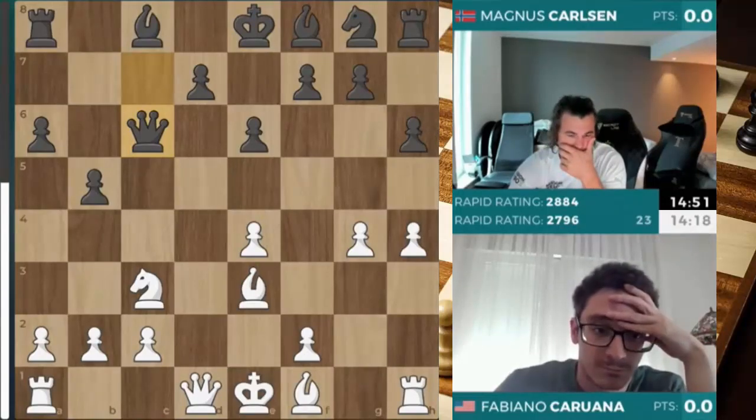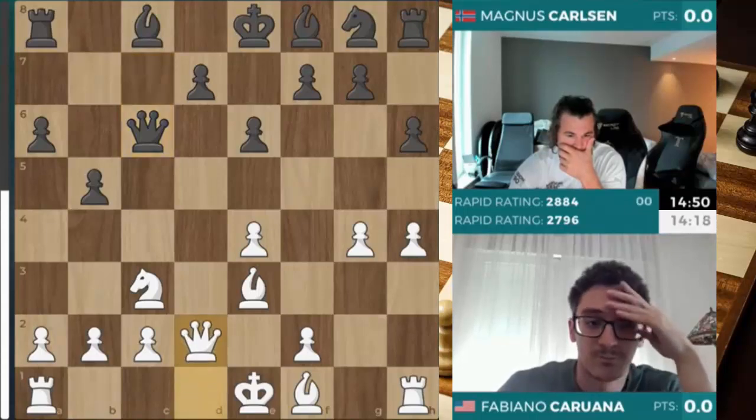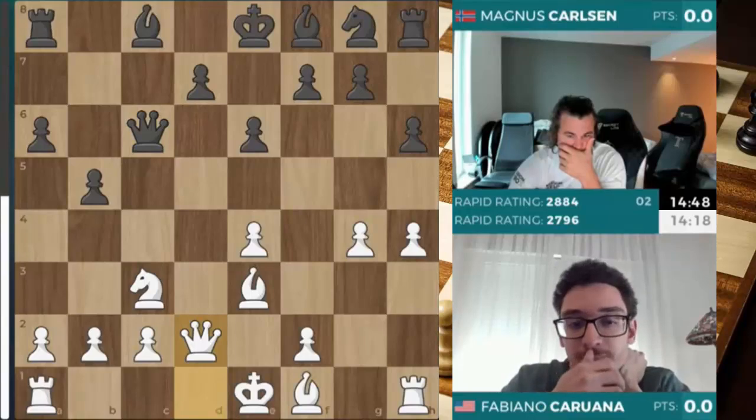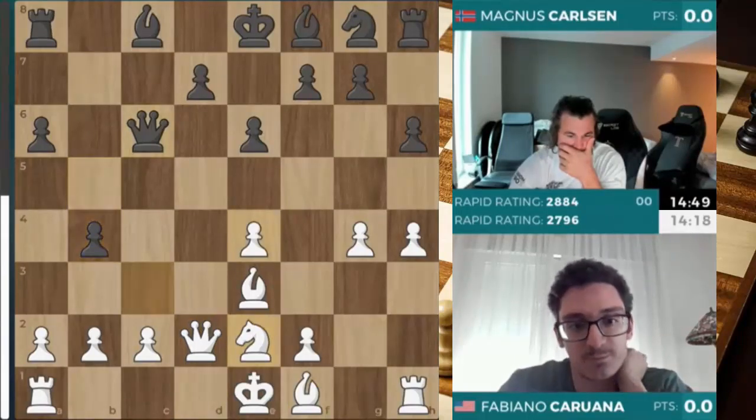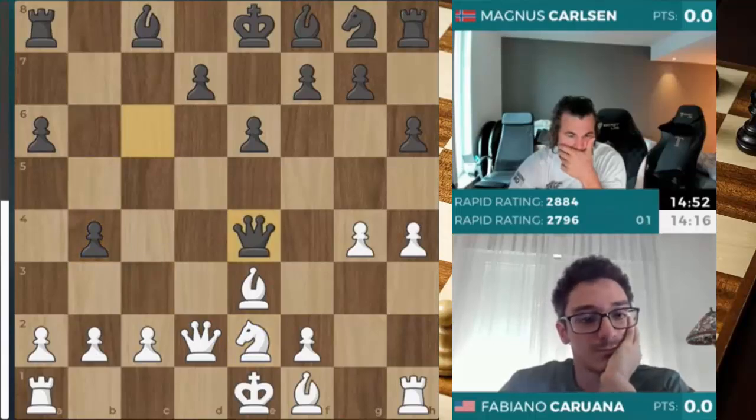It was Hikaru who said that Fabiano is one of the best, if not the best, prepared player in the world. Now, apparently, that crown belongs to Anish Giri, according to Hikaru. But the opening battle continues in this one. We are also going to have opening moves in